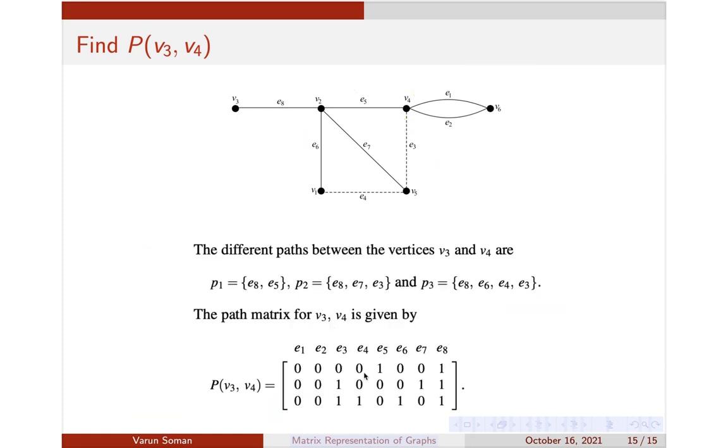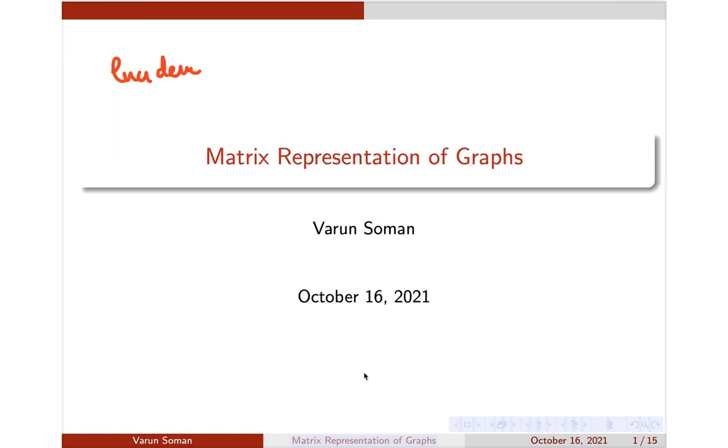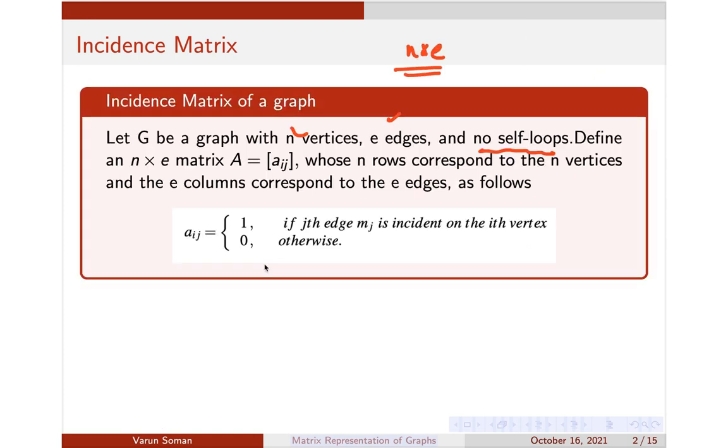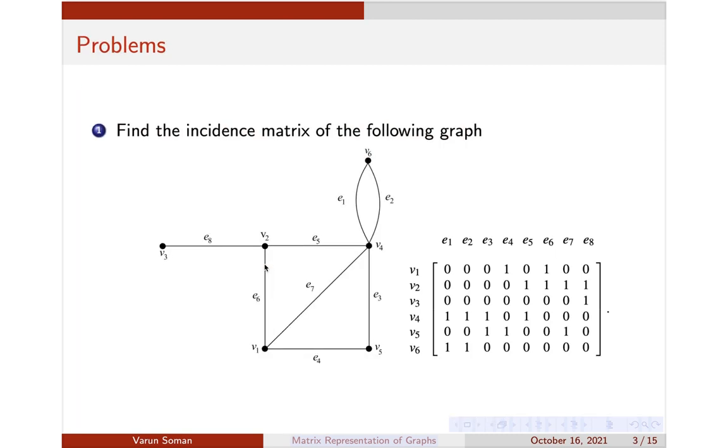So these are the different matrix representations which are studied in graph theory. There are also matrix representations for directed graphs, but it is not mentioned in the syllabus, so I will not be taking that, but that is also very simple. Suppose you have a directed edge like this, V1 to V2. In the case of incidence matrix, you will write it only from V1 and V2. Not in incidence matrix, you'll write it in case of adjacency matrix.